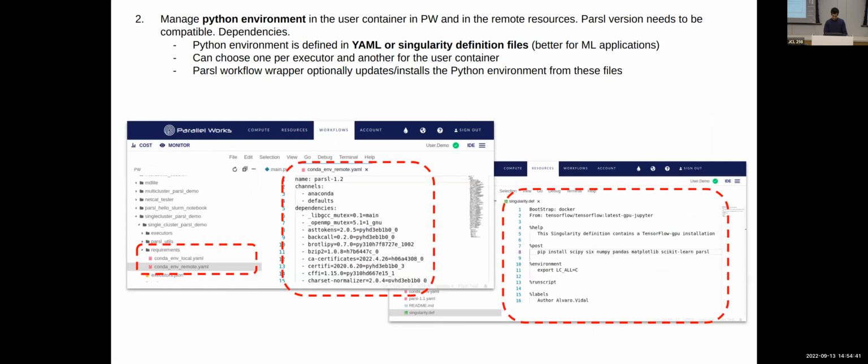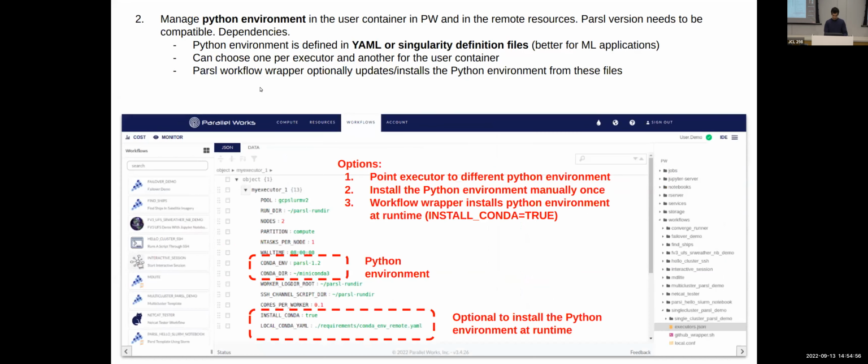To manage the Python environment, we are defining it in YAML and Singularity files, and we are including this in the workflow. So you can choose one file per executor and another for the user container. Then the Parsl workflow wrapper optionally updates or installs the Python environment from these files. So if, for example, a user imports a workflow that they get from the marketplace and they don't know about